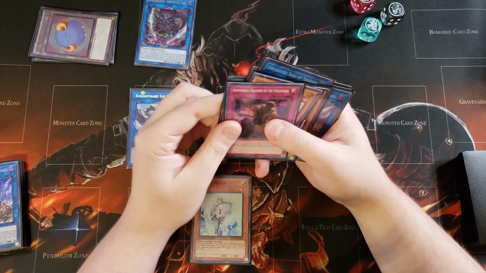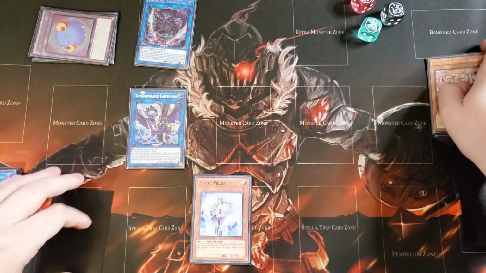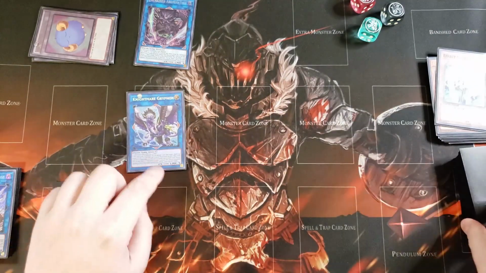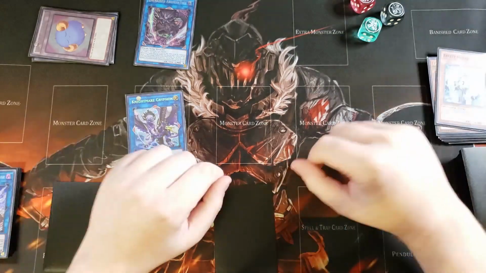And then the Griffin is going to let us set on our side of the field one of our spells or traps, which can be the copy of Chamber because we can just bring back the copy of Anguish later. And then we're going to discard the Effect Veiler for cost, and then we get to draw a card because it was co-linked, which is an Imperial Order, which totally sets up all over again,